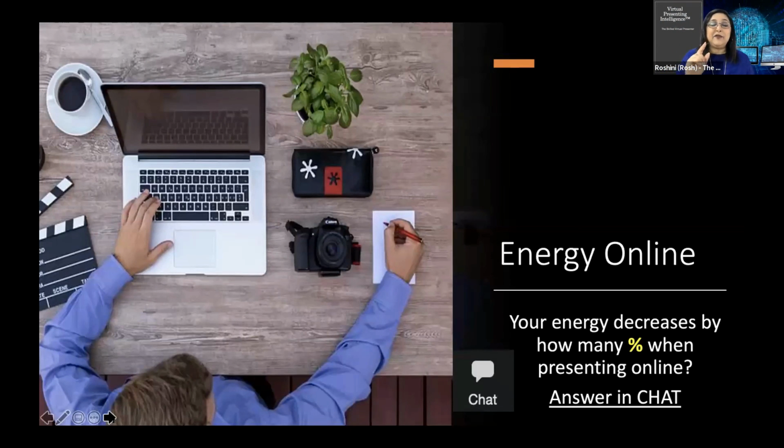So tell me, what is your guess? By how many percent does our energy go down? Is it 10%, 30%, 50%, 70%? What do you think is the percentage? So Vishet has put 30%. Very good. I've got Rai Sidaneth with 30%. Wow, 30% seems to be a popular number. Kengwa has put 50%. Sotita has put 20%. Okay, some interesting numbers. Let me share with you what my friend